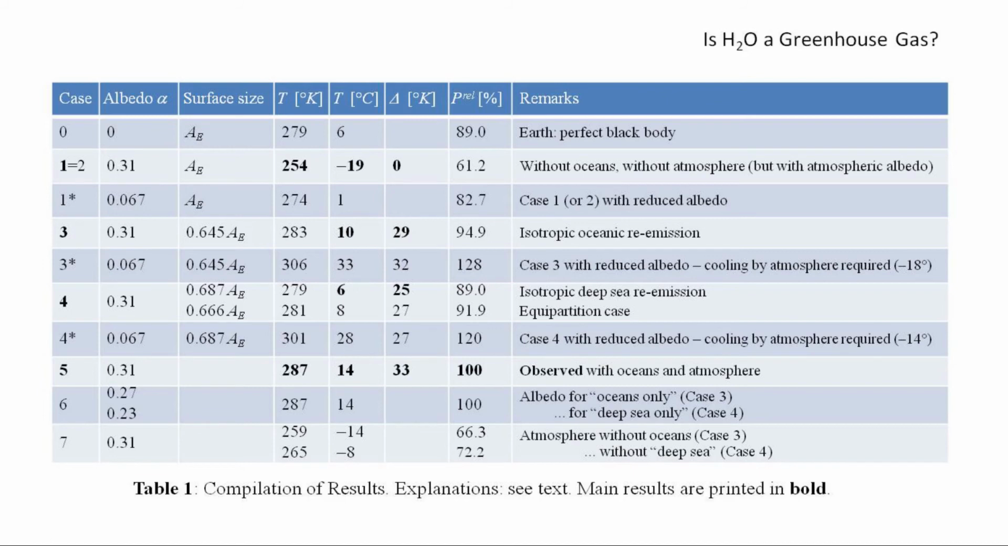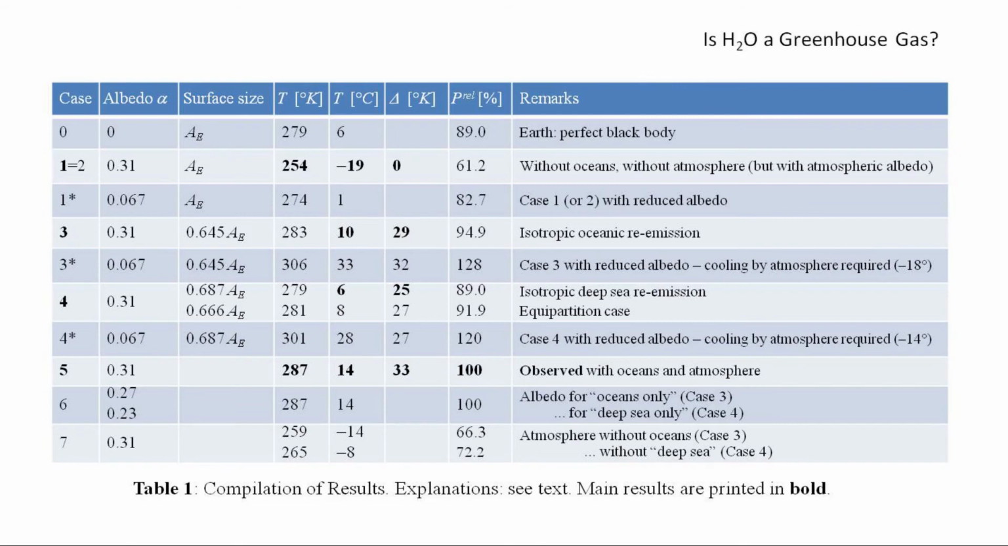Finally, in case 7, we consider the Earth with atmosphere but without oceans by removing the temperature effect of the oceans numerically. This is done by calculating relative powers, see table column with header P rel, namely by normalizing the power in case 5 with a temperature of 14 degrees Celsius to 100%. Then differences in relative powers correspond to differences in temperatures T, as P rel is proportional to the fourth power of temperatures T